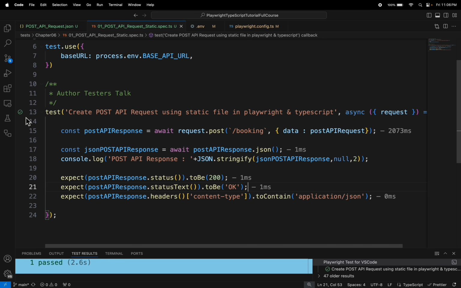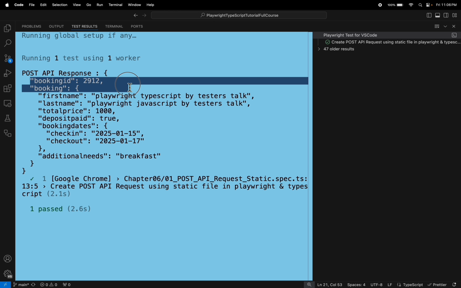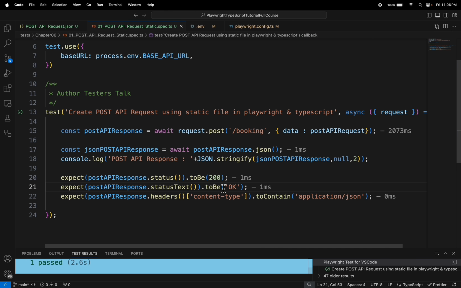And if you see here guys, our test is perfectly working fine. So let's go to the output. And if you see here guys, our test is perfectly working fine and we are able to create the booking here, correct? So this is the new booking. So this is the positive scenario. So let's say